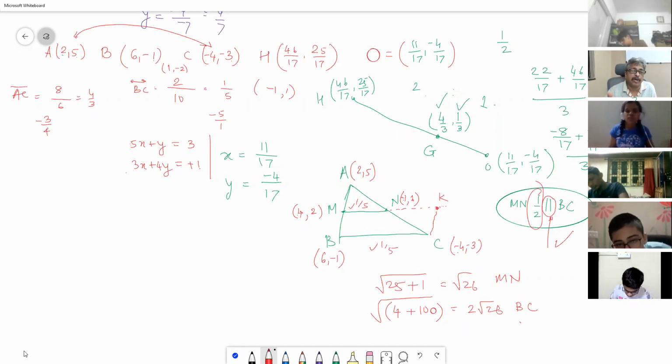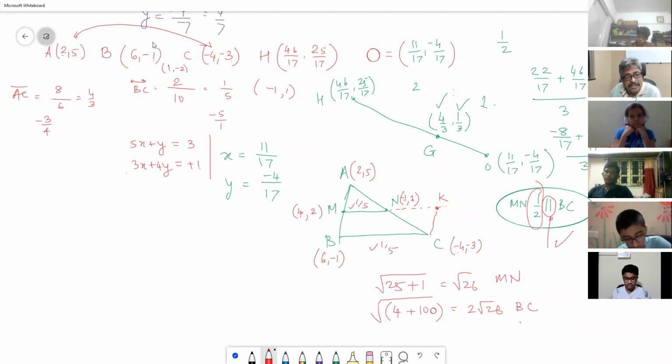Coordinate geometry, therefore, is supposed to be easy, but many students lose marks in coordinate geometry because they are weak in calculations. They don't get final answers correct. And if final answers are not correct, then you are wrong. In geometry, the result is given, you prove that type of results. Eventually, you do this or that, you will get the result. But in coordinate geometry, you will never come to know unless and until you cross check.